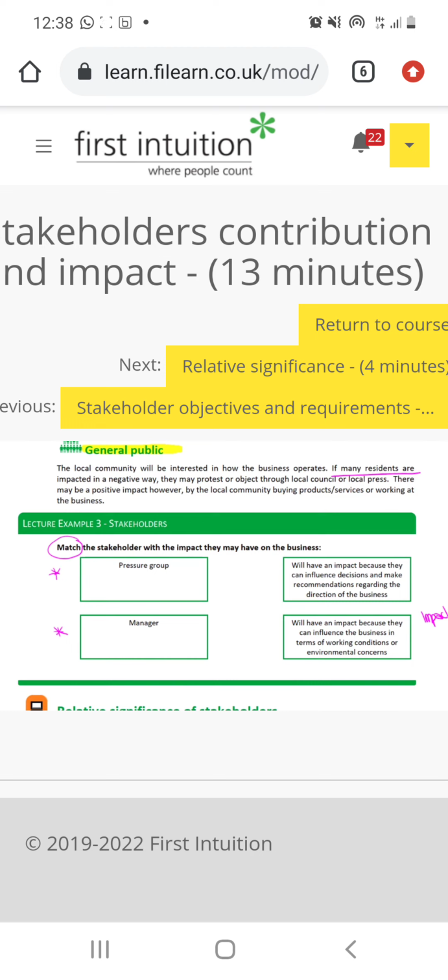In terms of the impact of a pressure group, well, a pressure group may influence the decisions of an organisation. Do they make recommendations regarding the direction of the business? They don't really. So let's have a look at the other one. They impact